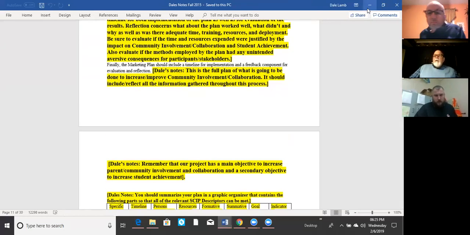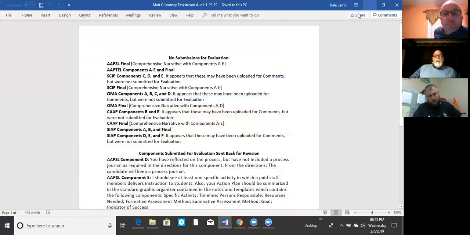I'm not telling you you can't finish quickly. I'm not telling you that you can finish quickly. That's up to you. But we need to understand the depth of what you lack. Okay. Now, if a lot of those things that are missing from evaluation, if you have those and they just never made it to the evaluation column, they stayed in comments, that'll be a big help. Yes, sir.